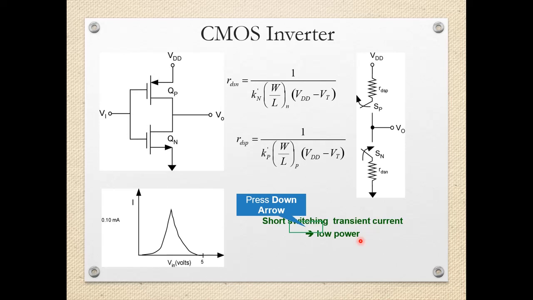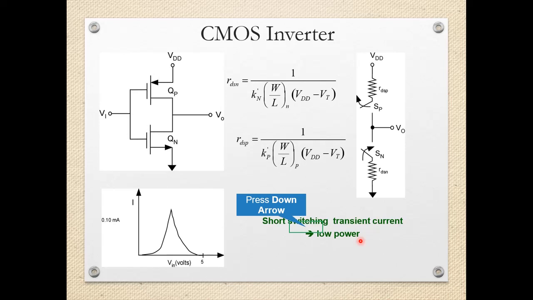So this is the combined operation for the CMOS inverter, and the resistances between drain and source of the N MOSFET and drain and source of the P MOSFET, the equations are given over here. So these resistances will be very small, and the output will be exactly near to logic 0 as well as logic 1. So there is switching between the devices, and the current which will flow is also very small.